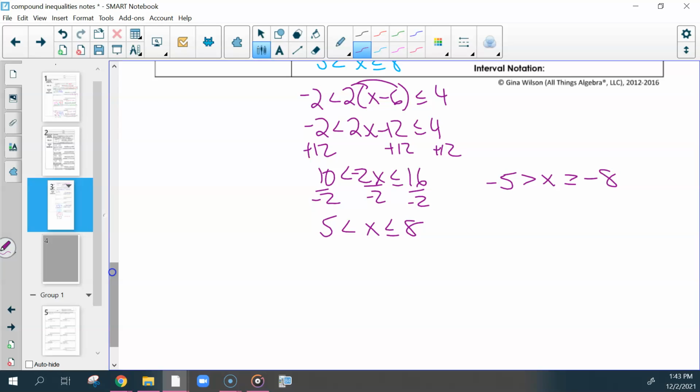So what you would do is just switch these two. Because -8 is less than -5, you would say -8 is less than or equal to x, which is less than -5. You would basically take this entire thing and flip it around. This would be the answer you see. This would be the one you probably solved and got. But that's a hypothetical